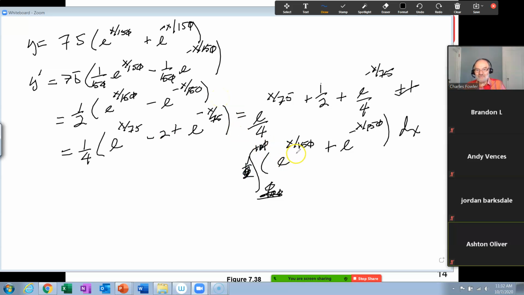So let's do this integral, and the antiderivative of that would be e to the x over 150 times 150,